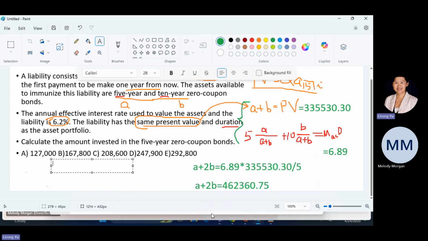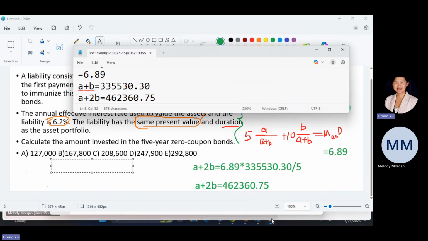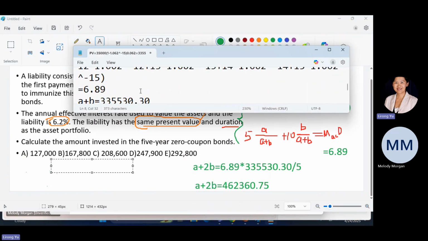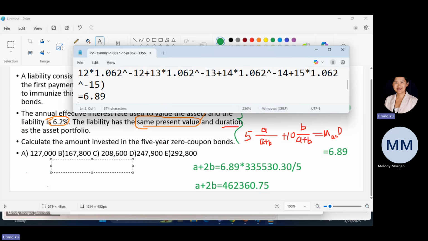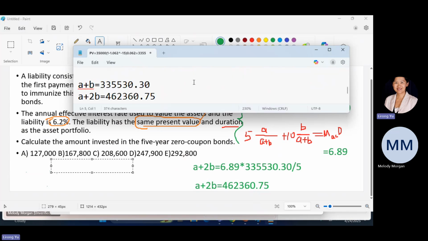Right, I think you can work it out and maybe make it better. We can spend more time working out the details. So if we try to redo it, this is the A plus B, and then we had the second equation which goes